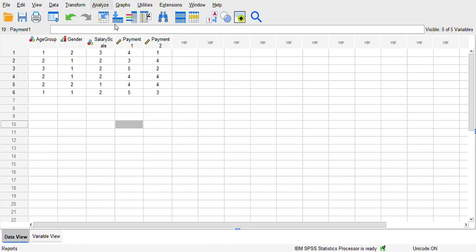I'm going under analyze, then descriptives with frequencies, and I'm saying I want this for gender. Can I also have it for salary? And let me have the chart, which is a bar graph with frequencies, and then